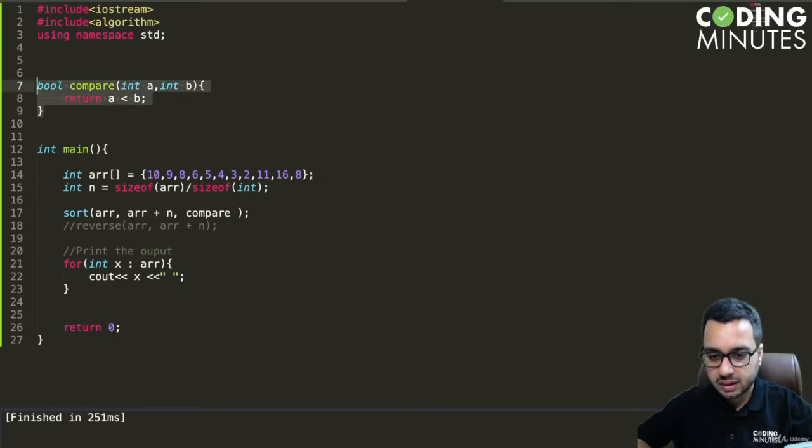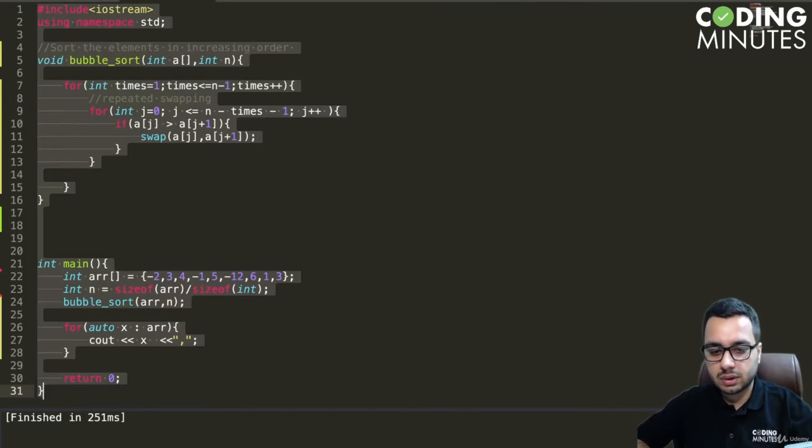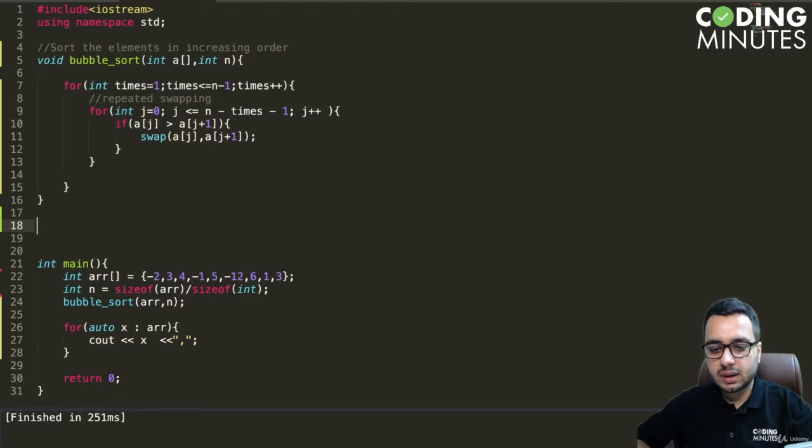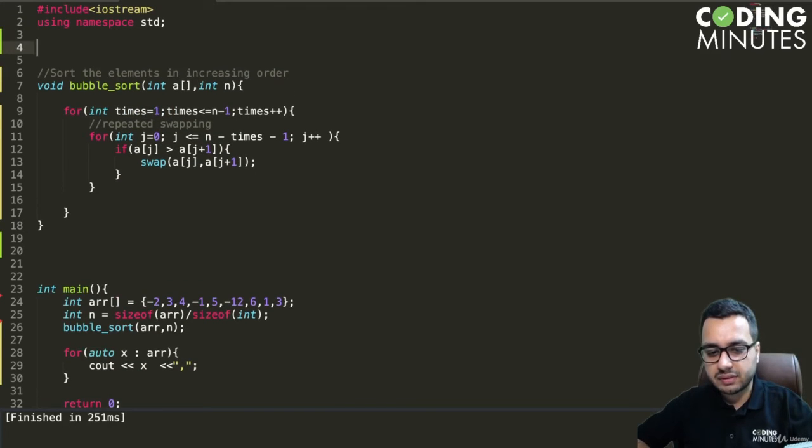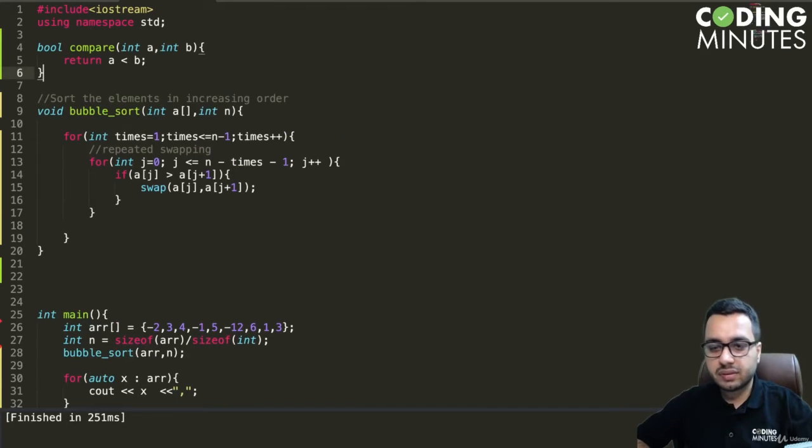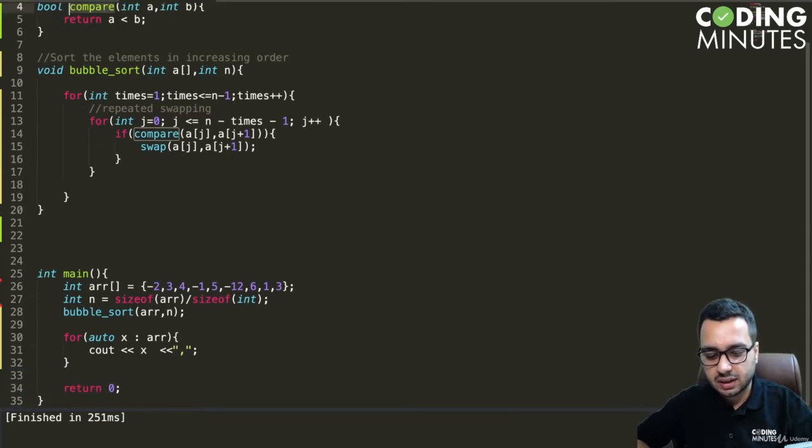Okay, so if I show you this example with bubble sort code, let us try to make bubble sort, and if I put a compare function here. Okay, and instead of doing this comparison like this here, I can say, no, I will do this comparison using a compare function. Okay, so I can say compare aj and aj plus 1. Okay, and we have defined the compare function here, and if I now run bubble sort, I will see some